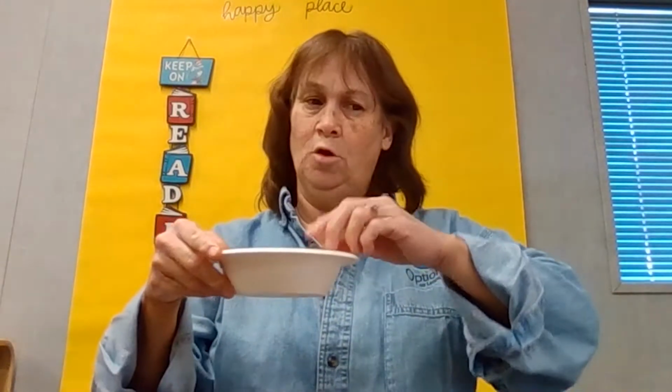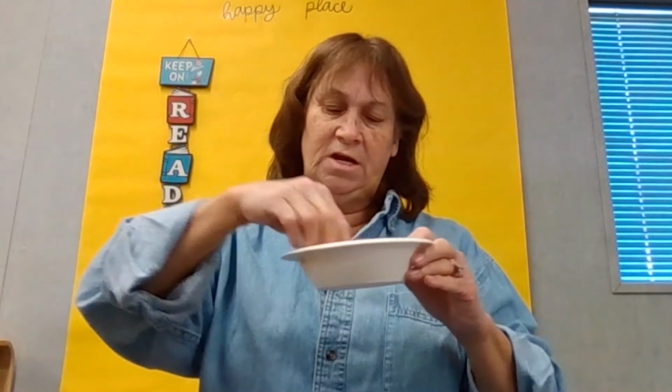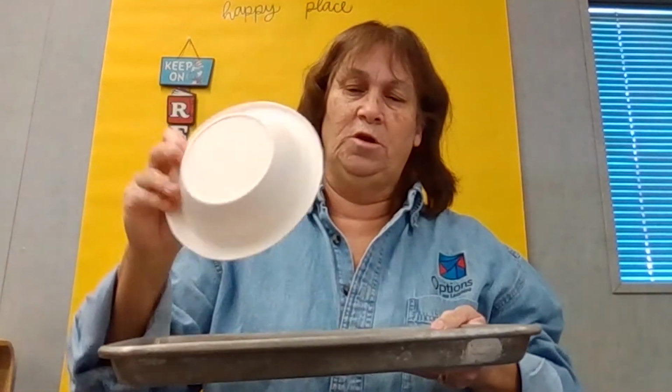Once they're all washed, counted, and dried, I'm going to get a bowl like this one, or a big bowl, depending on how many seeds I have. And inside this bowl, I'm going to place melted butter, salt, and my pumpkin seeds. I'm going to mix it all together with a spoon or my hand. I'm going to wash my hands first, and then I'm going to place them